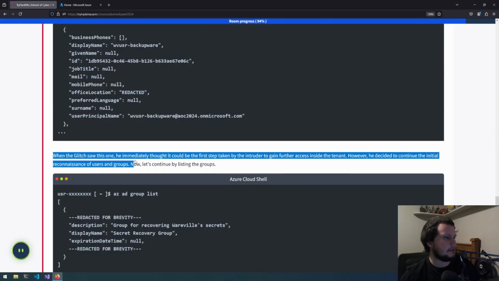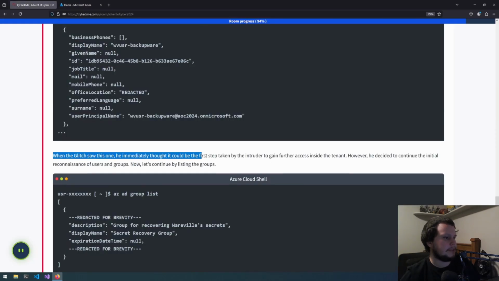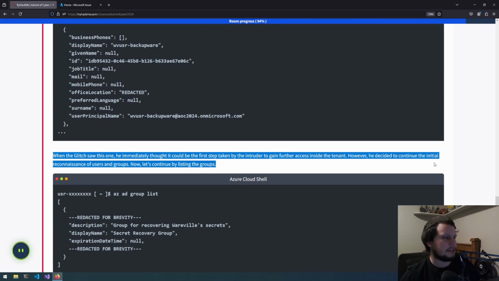When the glitch saw this one, he immediately thought it could be the first step taken by the intruder to gain further access inside the tenant. However, he decided to continue the initial reconnaissance of users and groups. Now let's continue by